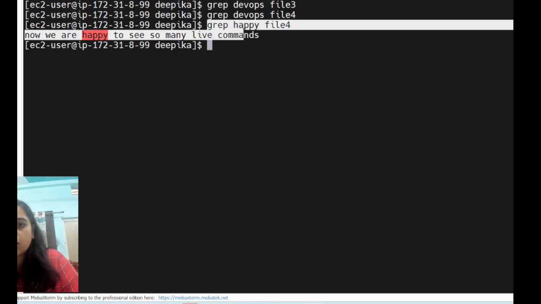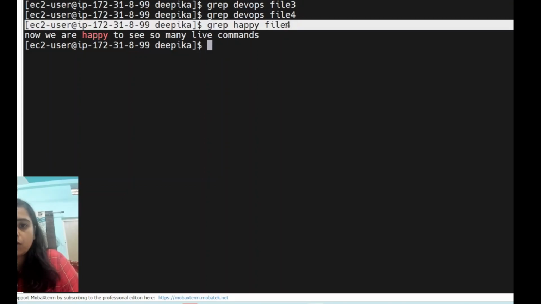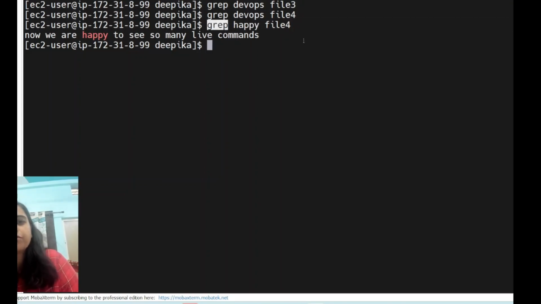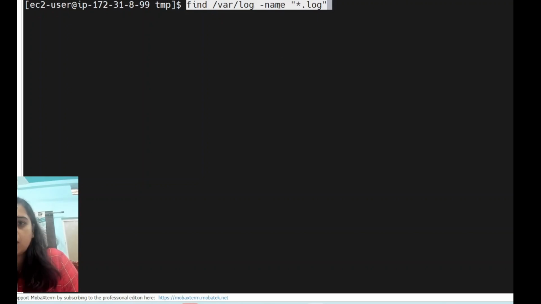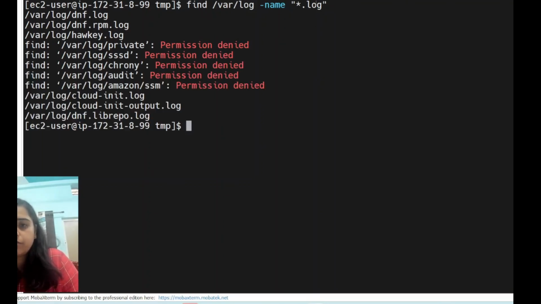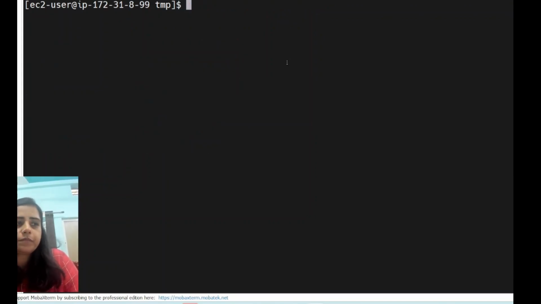So if you want to check this particular word in that particular file, you can use grep, and there are different variations to it. You can just check it out, like find /var -name "*.log". It should give me the files available with the extension .log. If you want to search for a particular file or the files which have this particular extension, you can go ahead and use the find command. Definitely it has different switches and variations, so you can try it out. Next one is